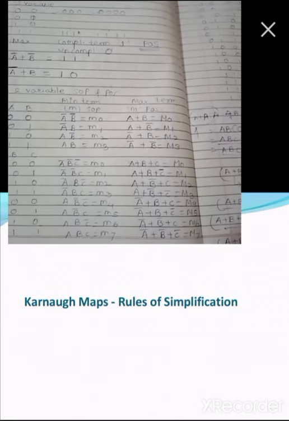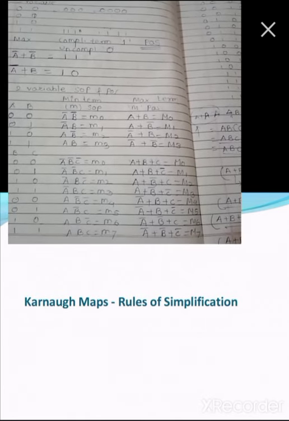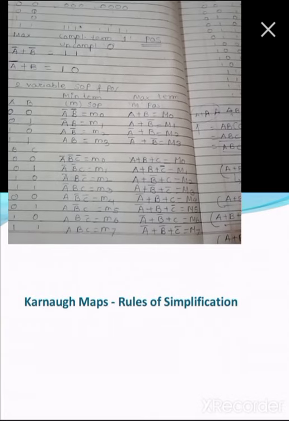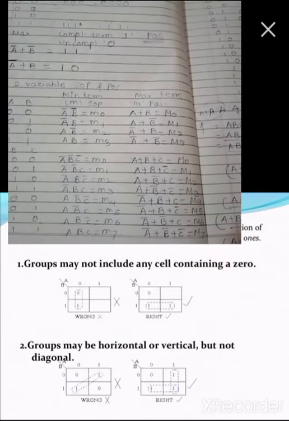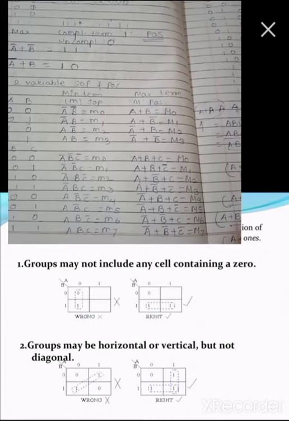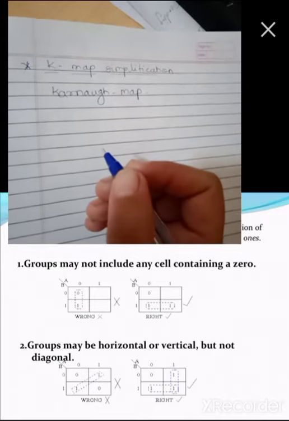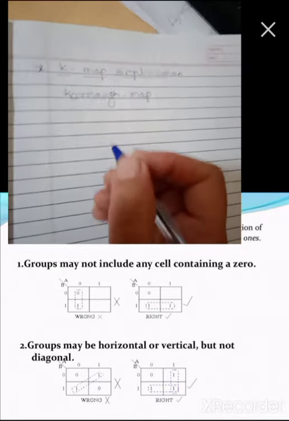Now we'll put this SOP, or we can say the minterm, in the form of K-map presentation. So there are some rules for plotting the K-map. First, we'll see how to plot the 2 variable, 3 variable and 4 variable K-map.